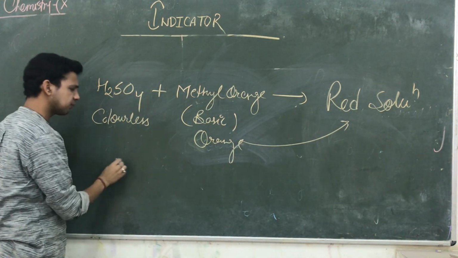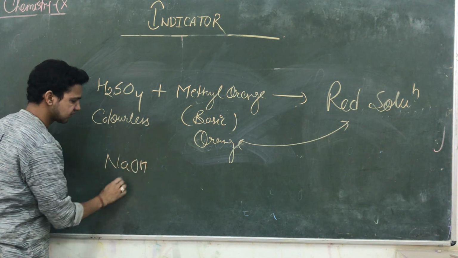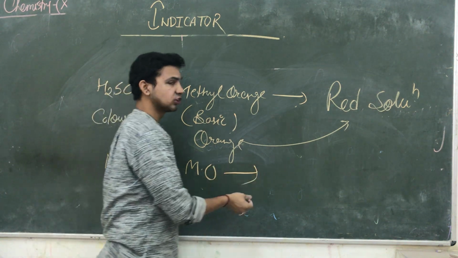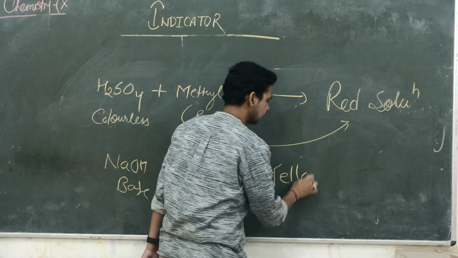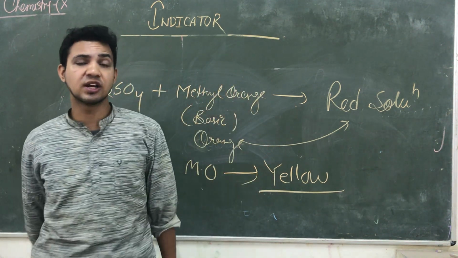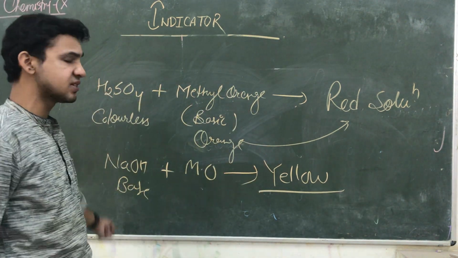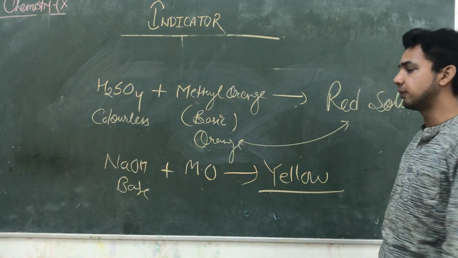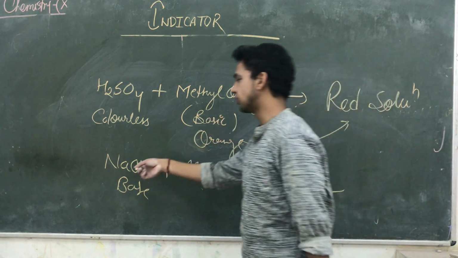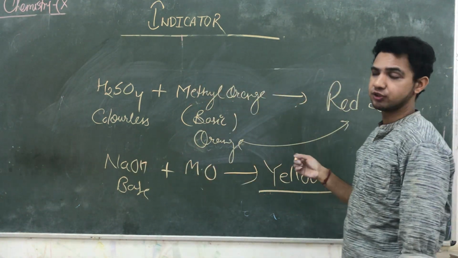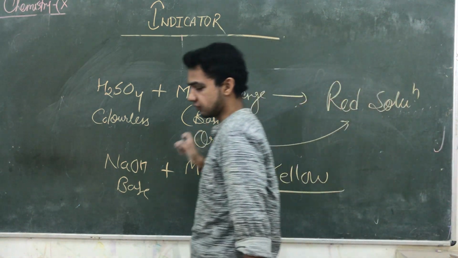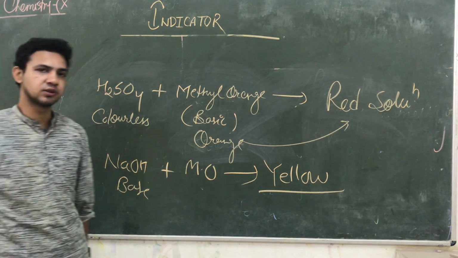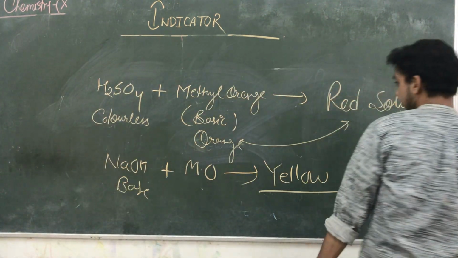अगर इसी मिथाइल ऑरेंज को मैं बेस में डालूं, suppose NaOH is a base, तो it is not changing red; at that time its color is yellow. If the color is yellow, it means the given solution is base. So sometimes हम ये भी बोलते हैं कि मिथाइल ऑरेंज एक बेसिक इंडिकेटर भी है, due to the presence of the base, methyl orange changes into yellow color. But generally we use methyl orange as an acidic indicator. Okay, these are the general uses. Then we are taking litmus